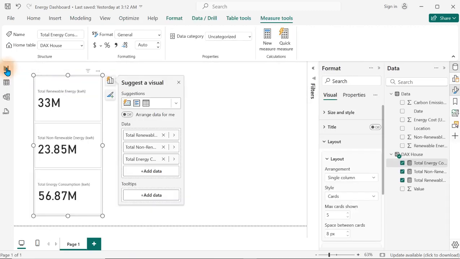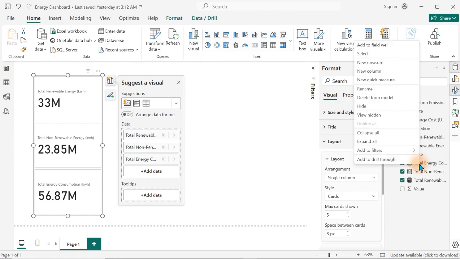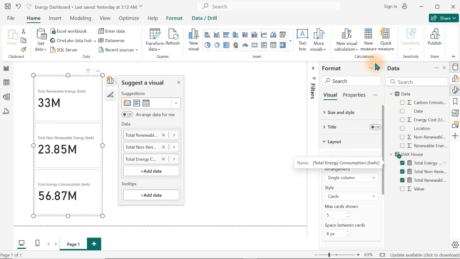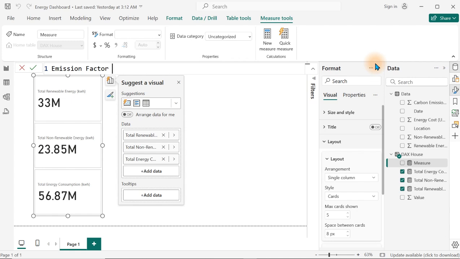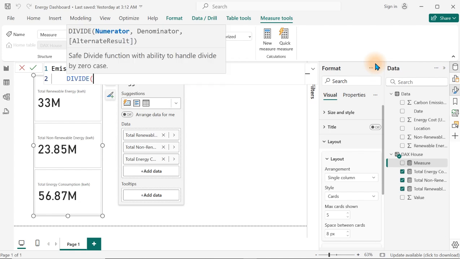Coming over here right now, we have to add a new measure. We're going to call this one emission factor. Inside the bracket, we are going to create 2 kilogram CO2. So put CO in caps, then we'll put the 2 right here. You get it right now. Once you have done this, we're going to put an equal sign here. To do this right now, what we need to do is to use the divide function. With the divide function, we are going to take that particular